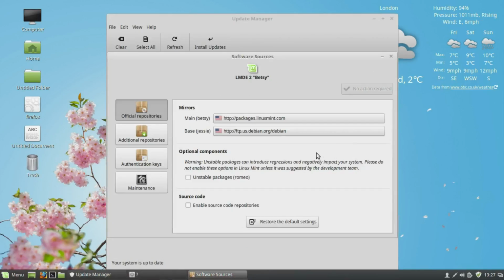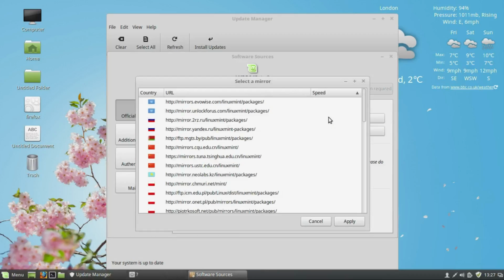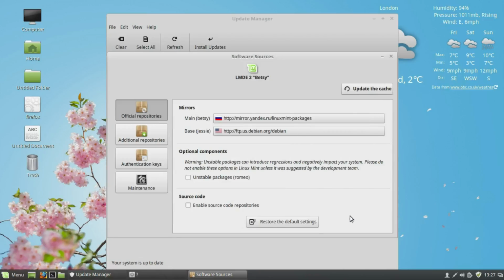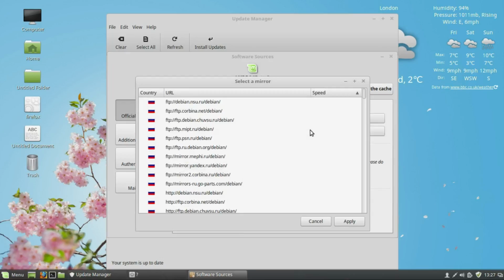If you want to see if there's maybe a network mirror closer to you, which is quicker. That's one thing I love about Linux Mint, is this option where you can see all the speeds, all the mirrors near you. I'm in Russia, St. Petersburg, and this one is the closest. Oh yes, please. For Debian,